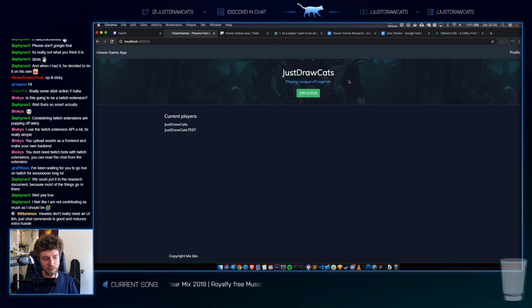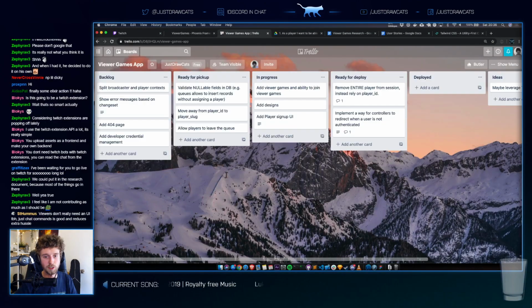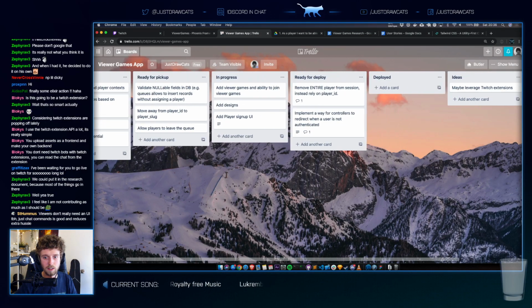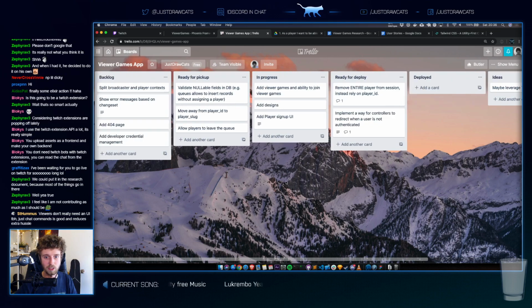Viewers don't really need a UI, to be honest. Just chat commands is good and reduces the extra hassle. Yeah, that's what I'm thinking, to get them in, but in the end, I really want them to interact with the app itself, because that's where the benefits for the viewer also come from. Maybe we should first just drive people in, and then the usage of the platform will come eventually regardless.